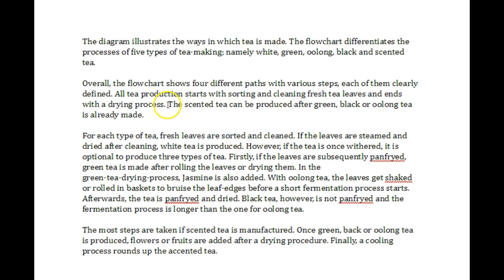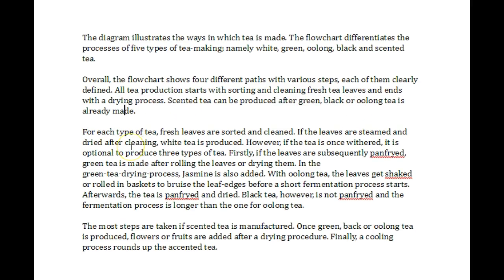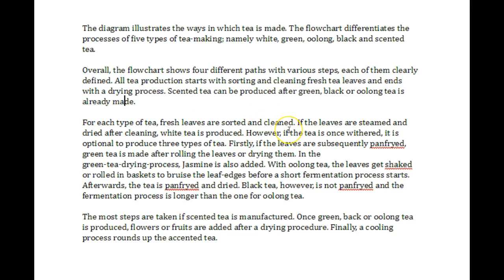Scented tea, I would not use the definite there. Scented tea can be produced after green, black or oolong tea is already made. Good. For each type of tea, fresh leaves are sorted and cleaned. If the leaves are steamed and dried after cleaning, white tea is produced. However, if the tea is... I would say if the tea is then withered,